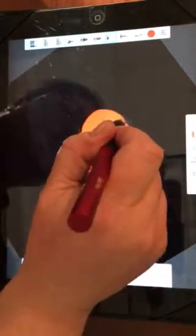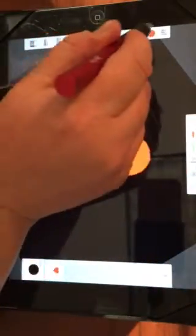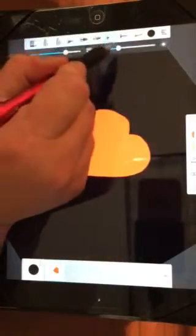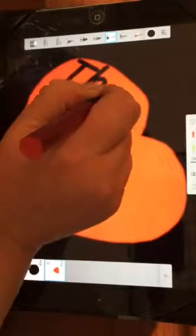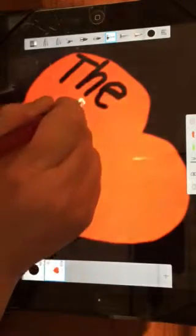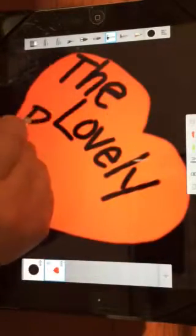I'm going to make this a little bit bigger. Okay, and it doesn't have to be perfect. Okay, so now we'll go with black text. We're going to have to make the pen thinner. I'm going to zoom in on this, and I'm going to say the lovely